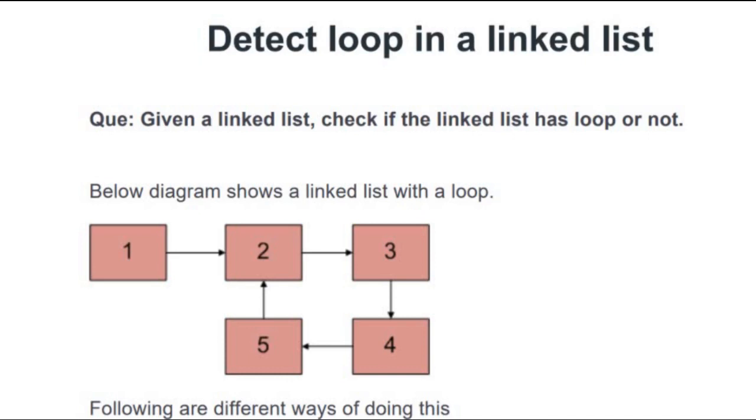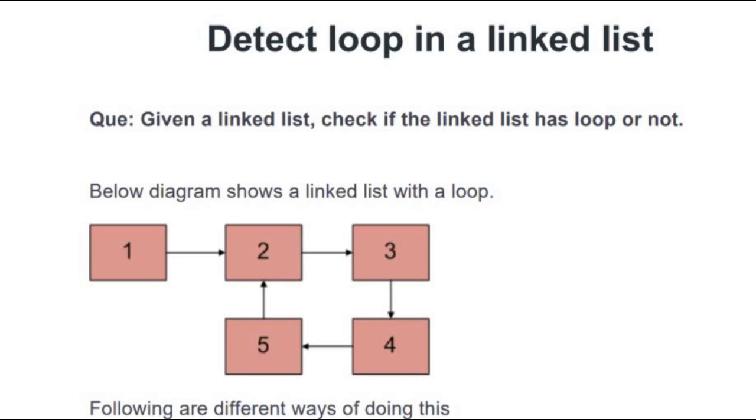In a linked list. As you can see, this is a linked list which is having a loop, and there are various ways by which we can detect whether the linked list is having a loop or not. First we have to understand the question properly. In the question we are going to have a linked list, with a pointer pointing towards its first node or its head, and there are various ways we can find that a linked list is having a loop or not by just that information.